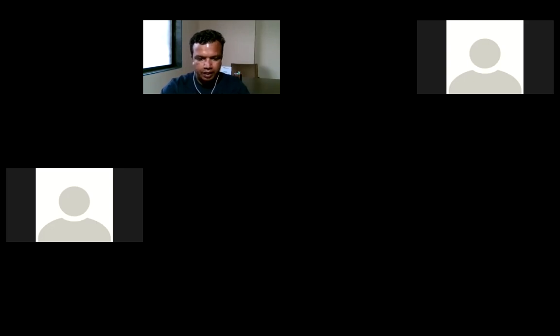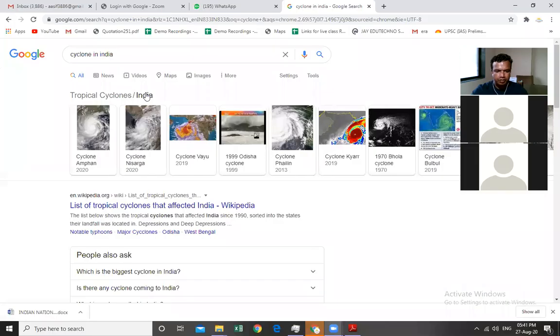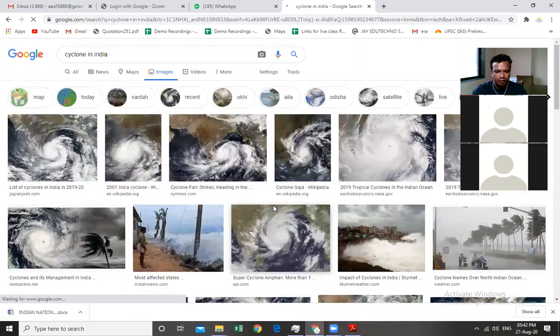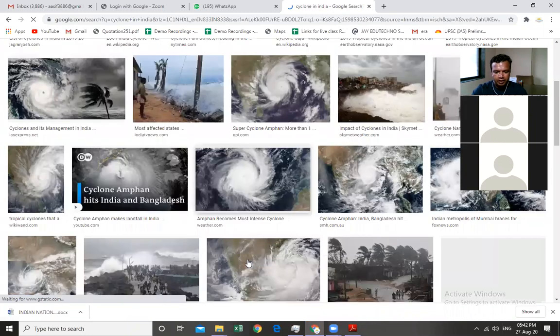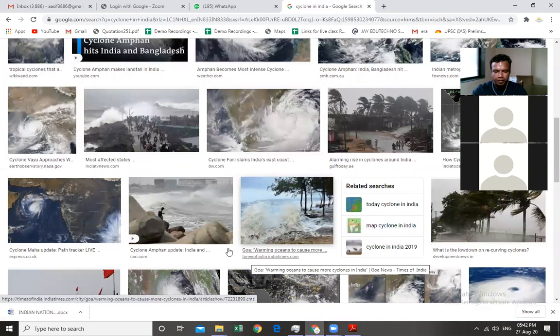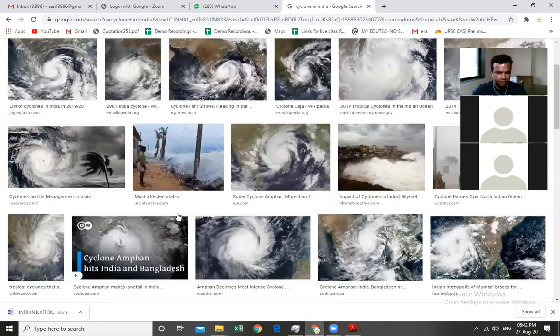So I'm sharing the screen, where you can see that cyclonic condition. This is the image of the cyclone. In the image of the cyclone, you can understand that whenever there is a high pressure in the surrounding region and a low pressure in the middle region, that leads to movement of the wind in a circular fashion, right?